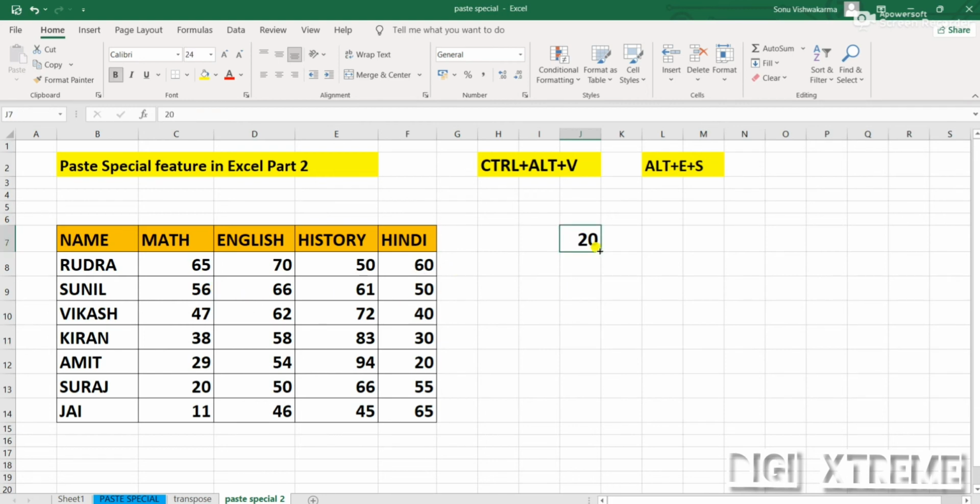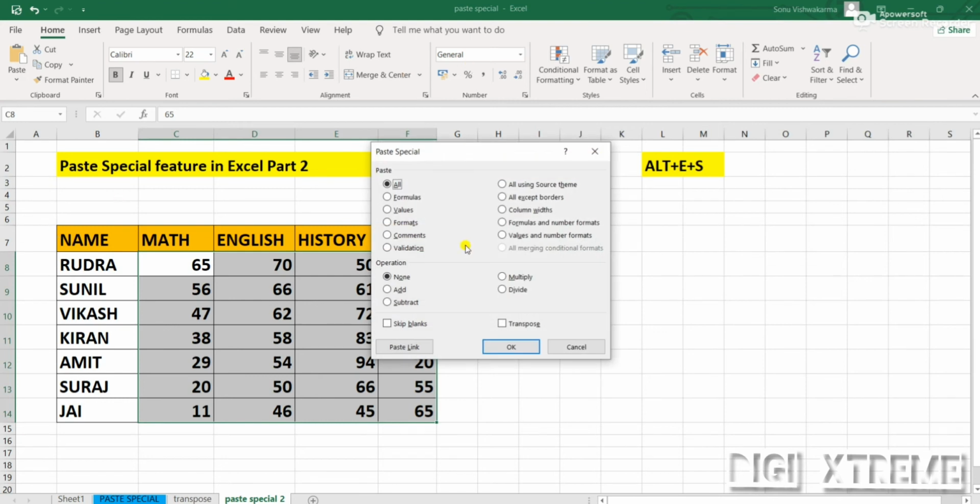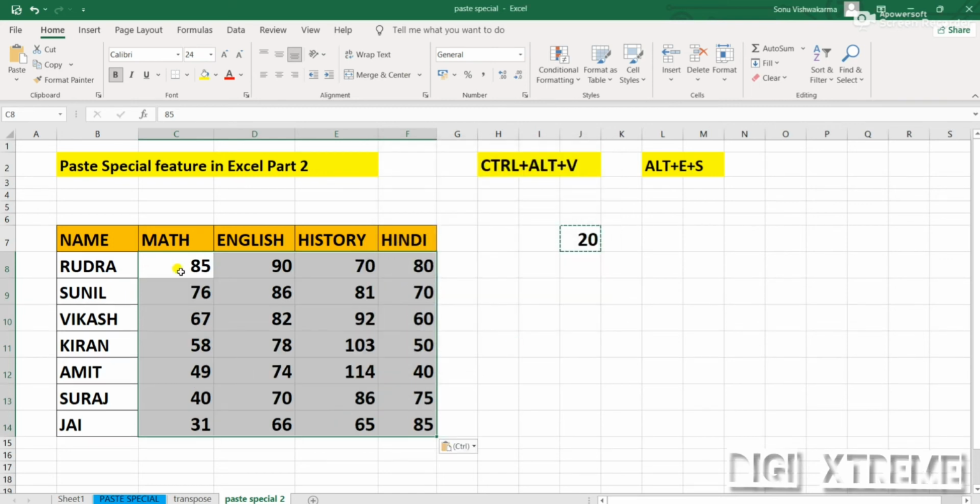It's very simple. Just copy 20 first. Now select the numbers. I have selected the numbers. Then simply click on Paste Special. Now you can see there is an option, Add. Just click on that and see the magic. See, an additional 20 has been added to everyone.